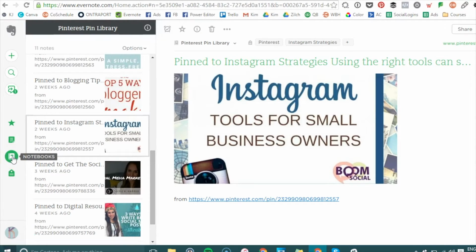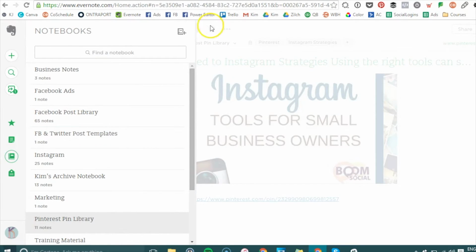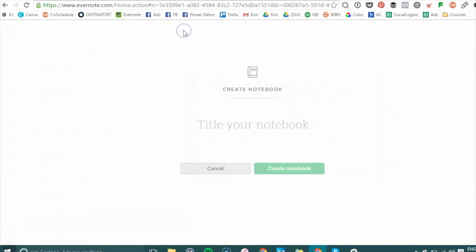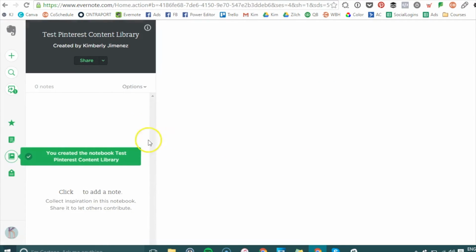So in order to do that, you just click on notebooks right here, and we are going to set up a new one. We're going to name it Test Pinterest Library. And you can add content here, just so you can reference it later. Great, and we create that notebook. Fabulous. So here's the notebook, and then we'll go over to